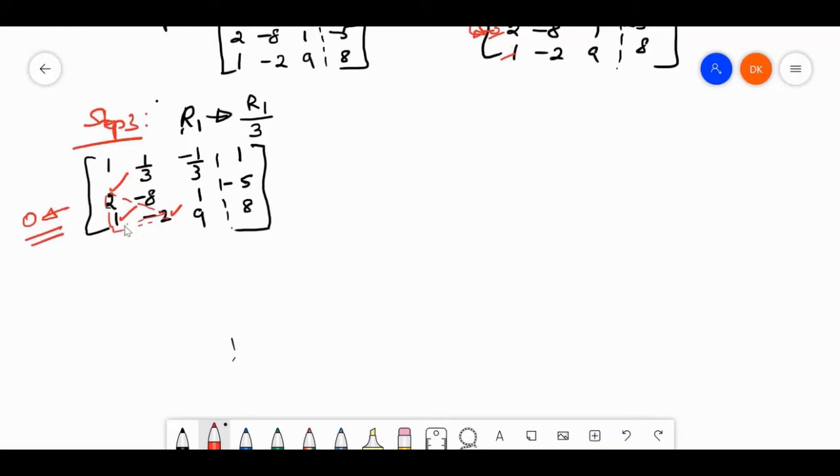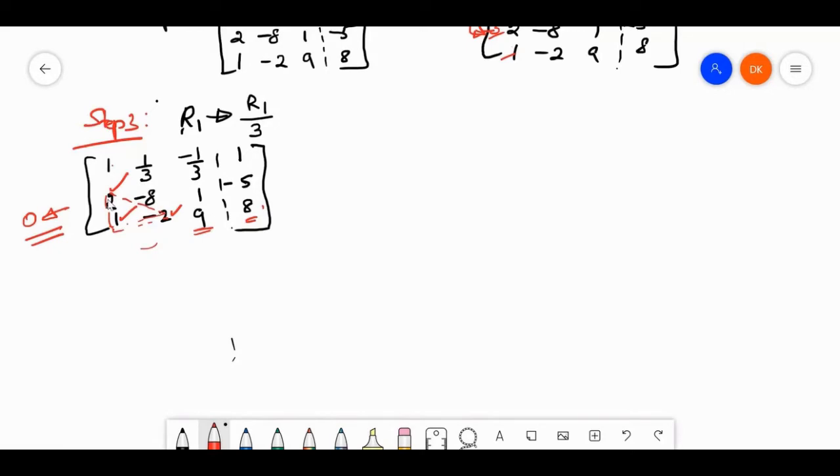Then you use the back substitution method, so that you can solve the simultaneous equations. That means here only one variable will be there. So 9z is equal to this value. Then you substitute this z value in this equation and find y. And then back substitute in the first equation z and y, then you can find the x value. So this is the back substitution method.